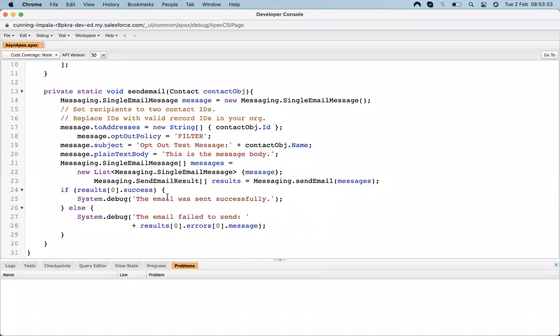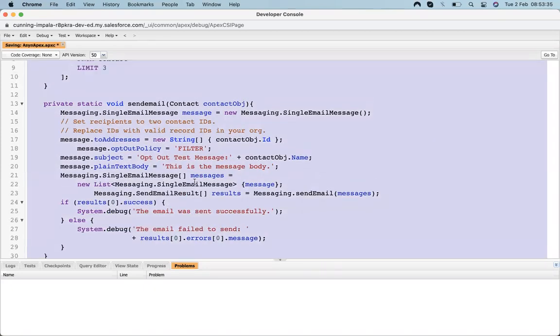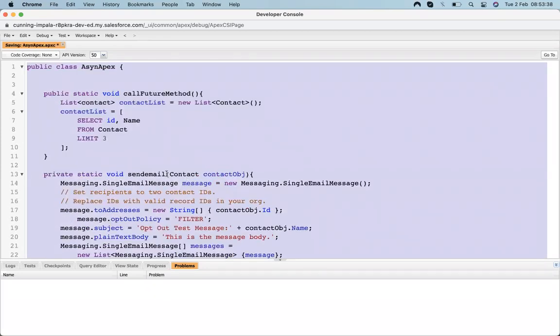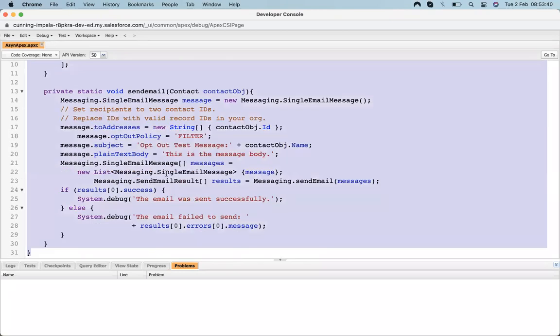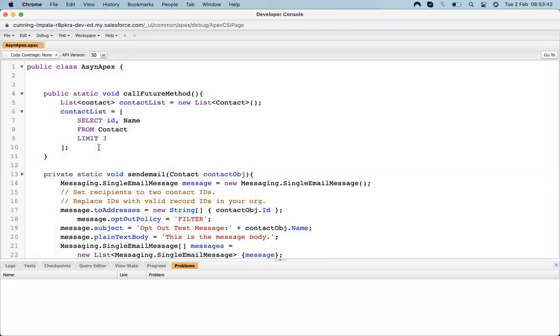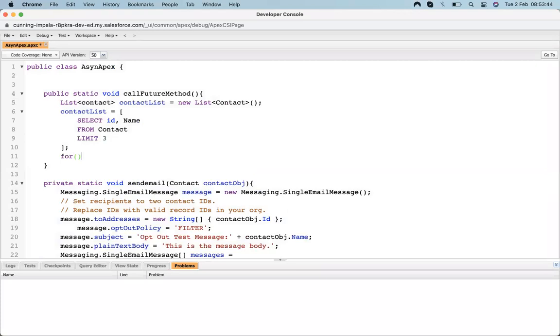It will reach a limit. And let's call this method.